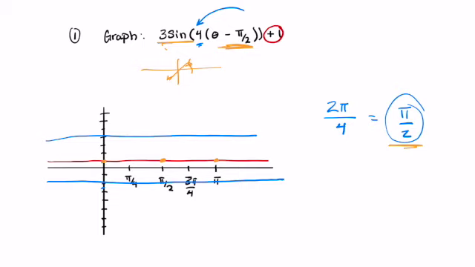And so now, what happens? What's my next little mark? I've got 4 marks that are going to occur between here and here. Well, I know that we're going to have a maximum here, and then we go back down to a midline, then we go down to our minimum, and then I'm going to repeat there. And so at this point, we can simply just fill in